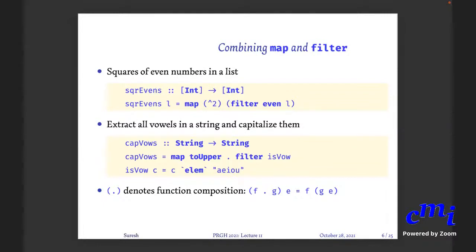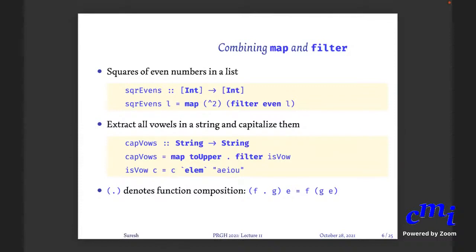When we have this function composition, how is Haskell going to do the bracketing? As in, is it going to bracket filter isVowel, or is it going to bracket toUpper dot filter? No. Map toUpper is one part. Filter isVowel is always another part. The dot has the lowest precedence, so you take the whole thing on the left-hand side and the whole thing on the right-hand side. Map toUpper is your left-hand side function.